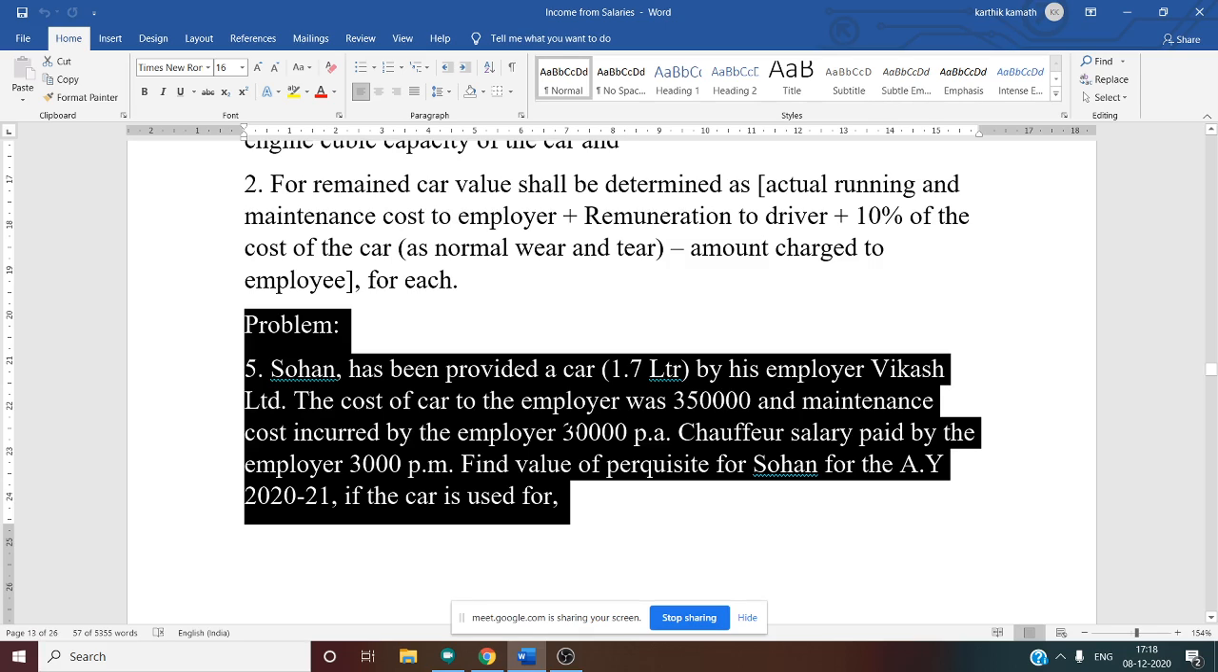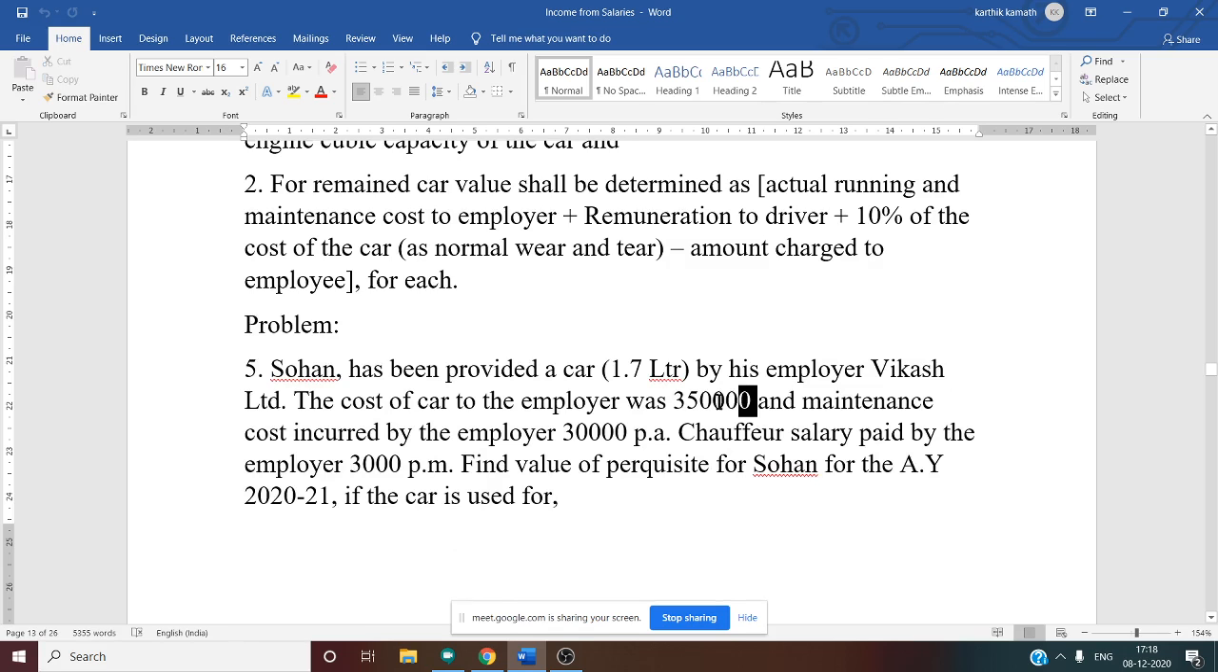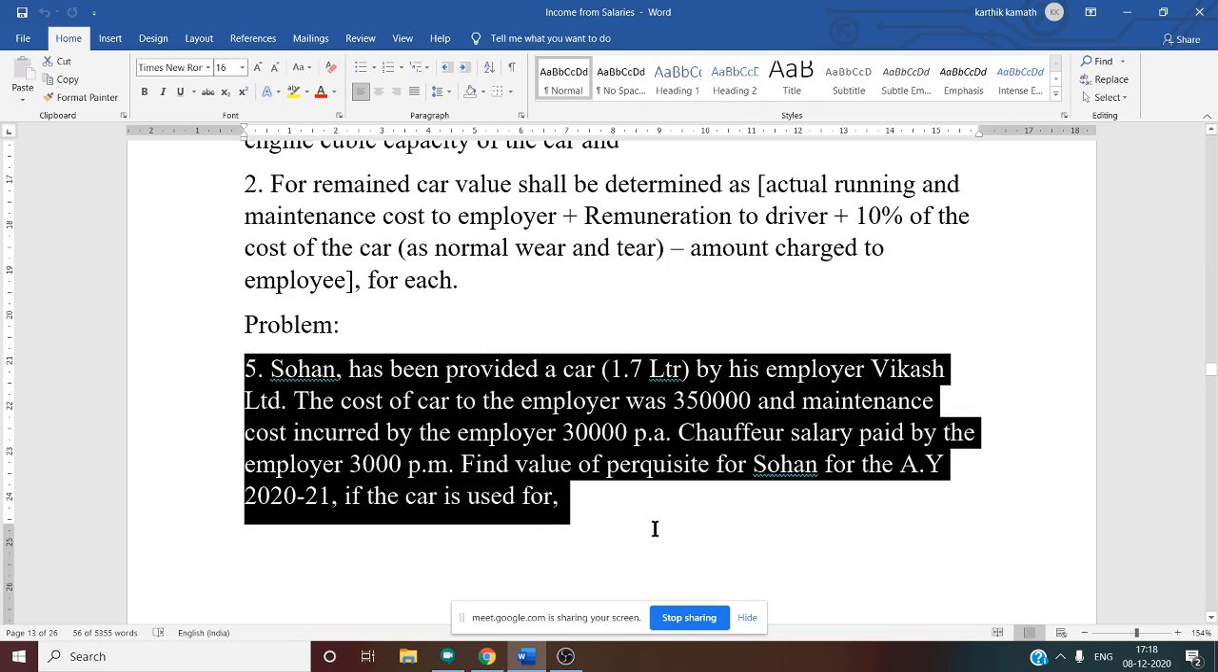Cost of the car to the employer is given, that is 3,50,000. Cost of the car is fixed, when you are purchasing you will incur that expense. Then maintenance cost incurred by the employer is 30,000 per annum. That is for 1 year 30,000. That is actual cost. So that is given, 30,000. Chauffeur salary paid by the employer is 3,000 per month. That is nothing but driver's salary. Driver is there for that car and 3,000 per month is given to that driver. Find value of perquisite for Sohan